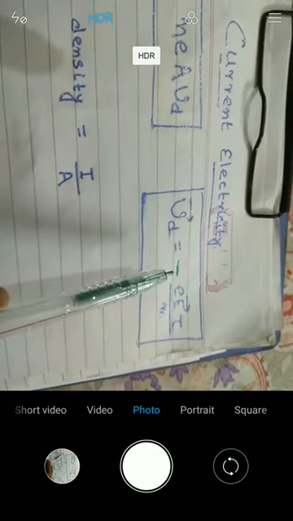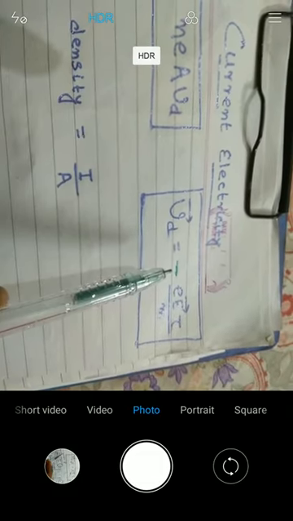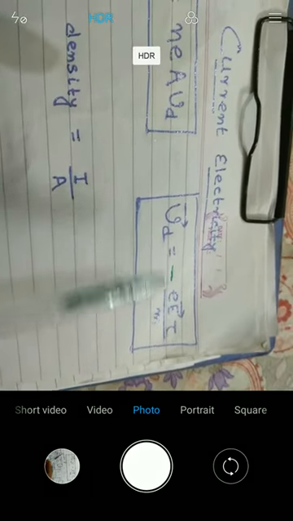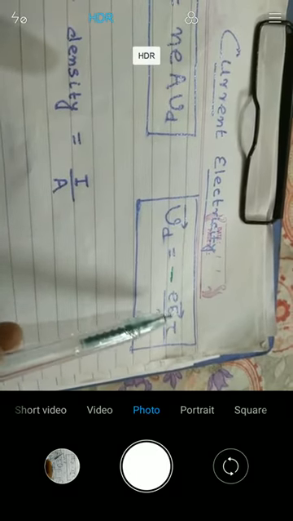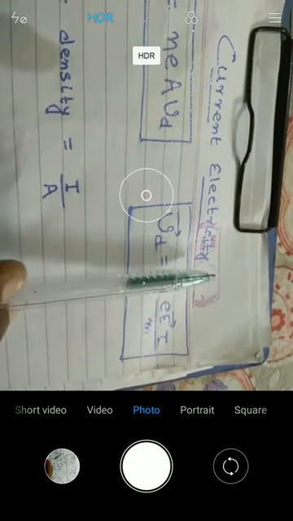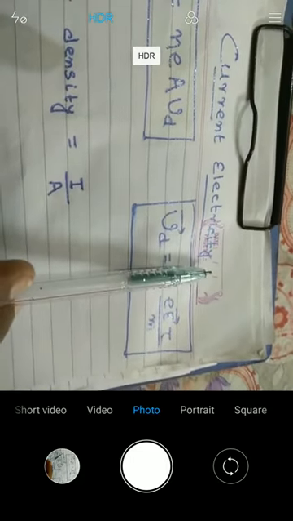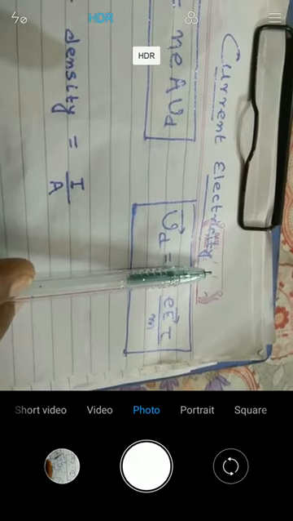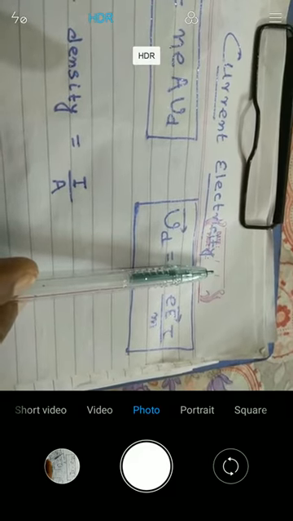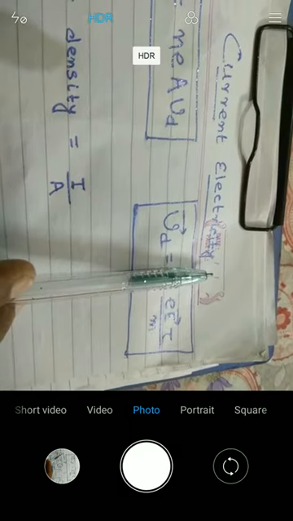Again I have discussed the significance of this negative sign, that is, drift velocity of free electrons is directed opposite to the direction of electric field. But remember, if I talk about the magnitude of drift velocity, that will be written as vd equals eEτ by m, by skipping this negative sign.